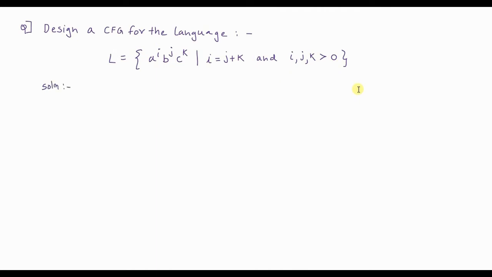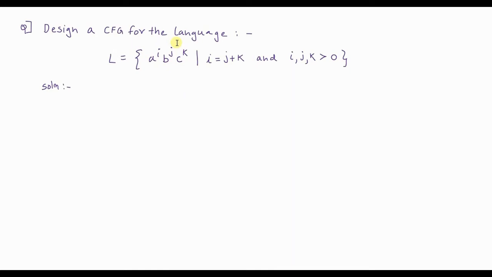We have seen that p raised to q plus r can actually be written as p raised to q into p raised to r. So we are going to make use of this particular identity, basically a mathematical identity. p raised to q plus r can be written as p raised to q into p raised to r.